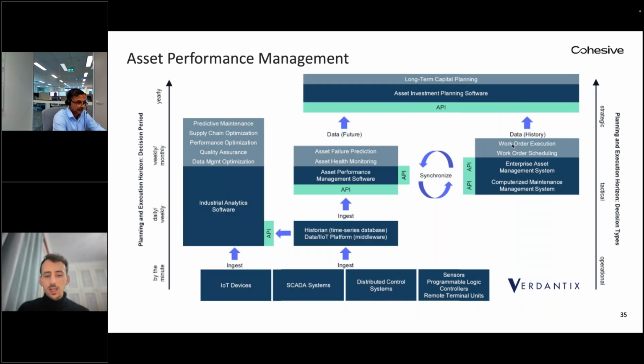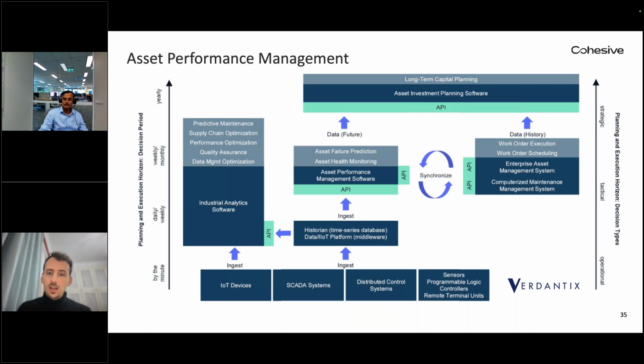Now, just to hit the point home, Verdantix, a separate research institute, has concluded at a similar outcome, where the idea here is to have better long-term planning in terms of replacement and actually executing that down. So having a high-level strategic view from a long-term CapEx perspective, and then having the necessary tools and technologies to bring that down to a tactical and operational level.